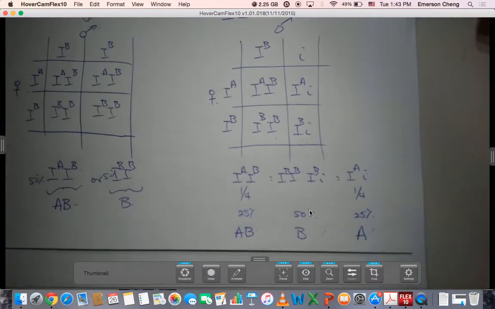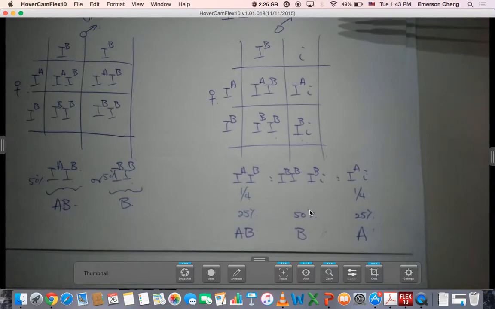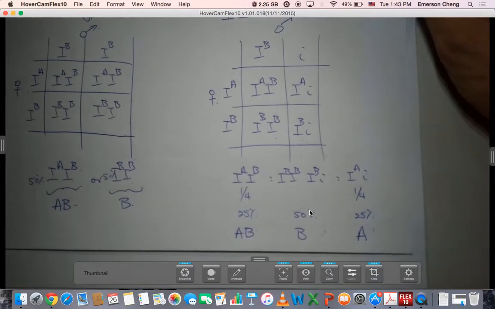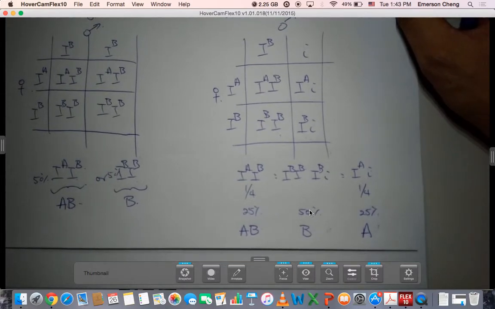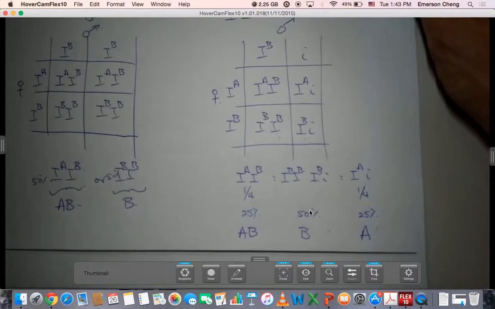So we talked about blood type, and this is a sample calculation. Now we're going to talk about X-linked conditions. X-linked conditions. Now, about X-linked conditions, are you done, Melon? Yeah. Okay. Now, about X-linked conditions, remember, you have